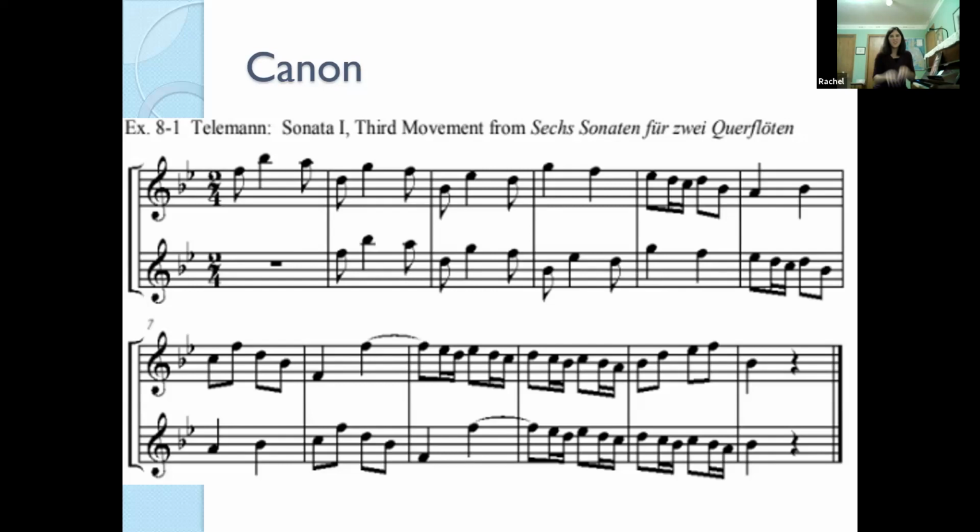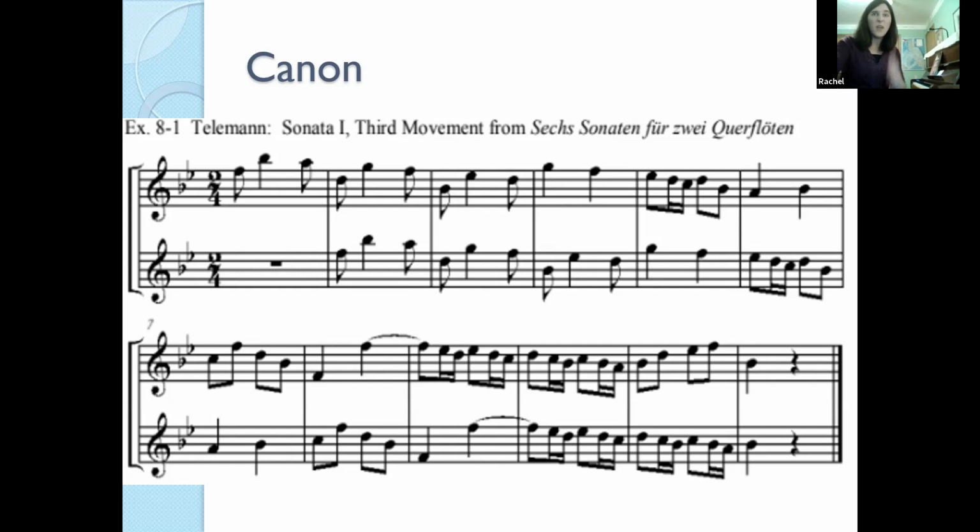So again, it's tricky to play because my hands are right on top of each other essentially. And sometimes it would be easier if one was this way, and then it would be easier sometimes if it was this way. Let me try one more time. Okay, something like that. It's still cool, even with some mistakes. It would be even cooler if it was on the instruments it was written for.